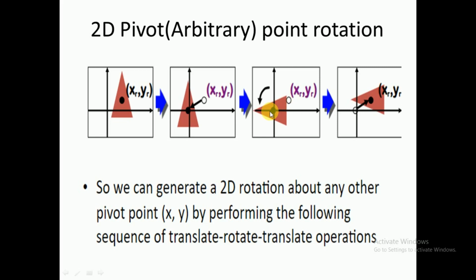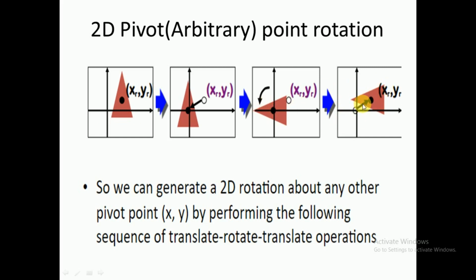Then what have you done here? You have taken this point to the origin, then sent it back to here. That means you retranslate this point. I have retranslated that point. Now how are we seeing the object? Originally the triangle was like this, and now the triangle is rotated 90 degrees counterclockwise. You are seeing that the triangle is rotated counterclockwise by 90 degrees. All these transformations you require.